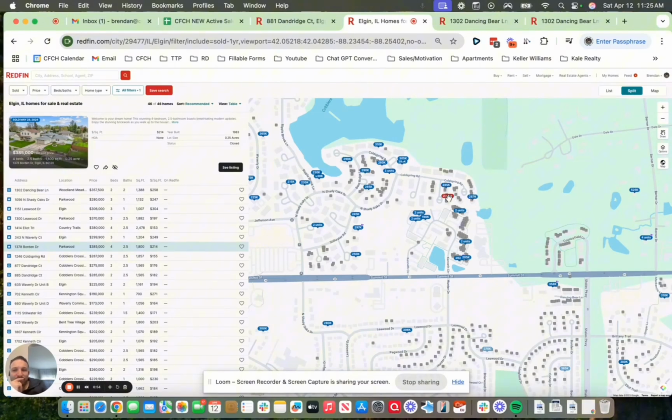So I could see a 360. I just want to dig into that. And typically, I like to be a bit more conservative than not, so I'd probably underwrite it at like a 330 ARV. But if I can get another 20, 30 grand on it, I'd be very happy. So that's what I would look at.